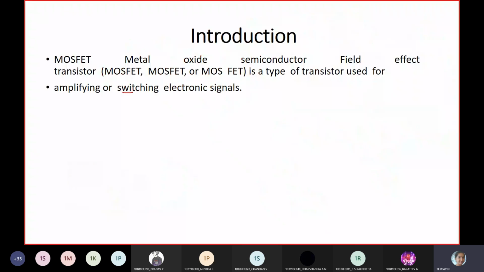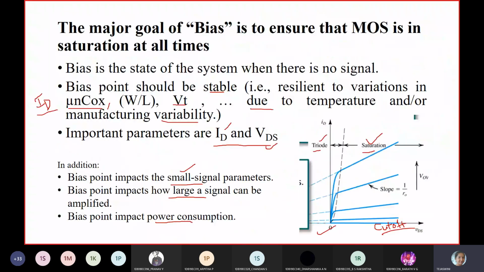So you can observe the characteristics. Okay, this is the output characteristics of the MOSFET, that is common source only. The ID versus VDS. So ID is the output current, VDS is the output voltage. It has characteristics like this. So this is cutoff, where VGS is less than VT. I can say it is cutoff because your transistor will be off. So that is the cutoff region.